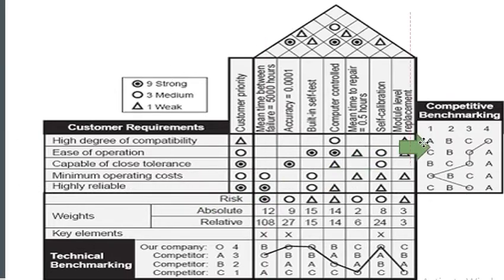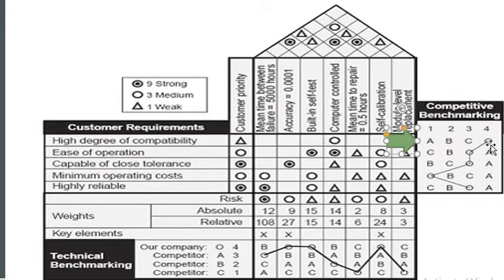Okay, next section is competitive benchmarking. This is nowhere related to the design, this we do exclusively. We will have our own product value and its competitor product values will be given here, 1 2 3 4, or we will name them A B C D, or competitor 1, competitor 2, something like that. We give how important this feature is, whether we are achieving all these factors or not. Based on the value we give over here, we can explain it. For example, if we are providing a high degree of compatibility, we mark it 5 for our product, and if other products are also giving 5, you can mark them 5.